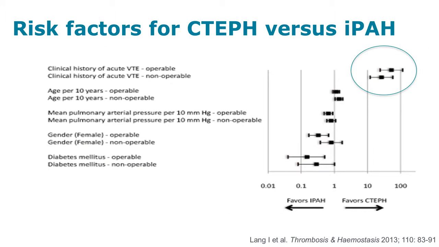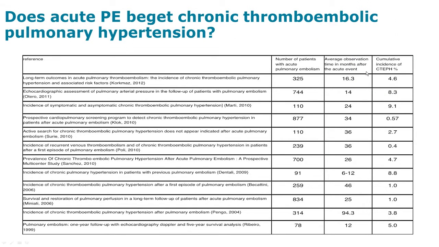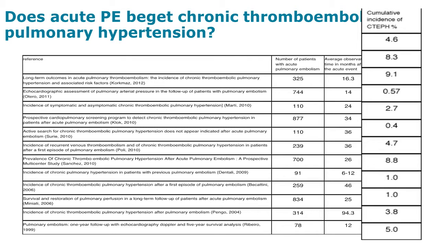appearance. And this publication that I've been leading based on the European registry has illustrated that acute VTE is a condition that is predisposing to CTEPH, and numerous studies that are listed here have been focusing on this very important question whether acute PE begets chronic thromboembolic pulmonary hypertension. But as you can see very, very quickly, the cumulative incidences are 100-fold apart, and that should raise some concerns